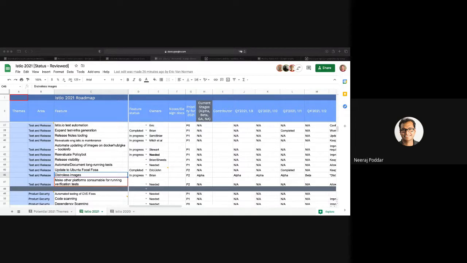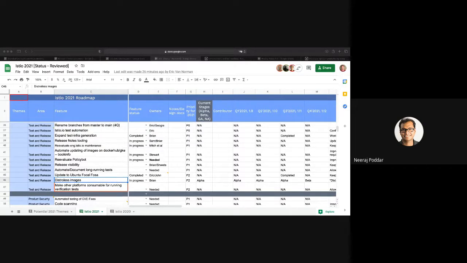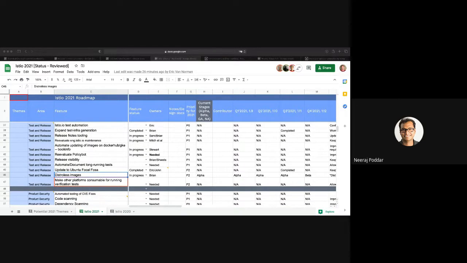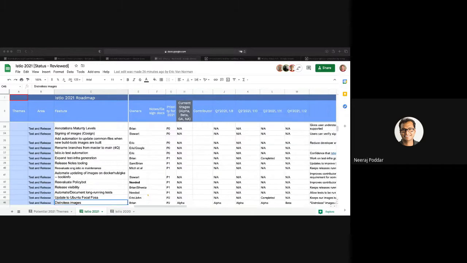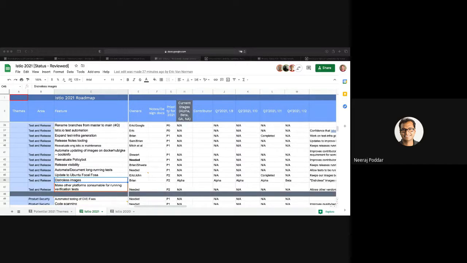I was going to say it's a long list, Eric, which is good, but I just wanted to see if we can rejiggle the priorities, or at least I can understand. Like, so distroless images, for example, right? That's what we recommend in our security guide. It being alpha, or I don't know what the status is, that kind of puts a dent in that whole plan. So what remains to be done, and why is it P2?